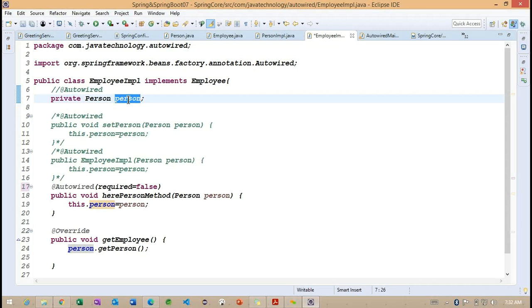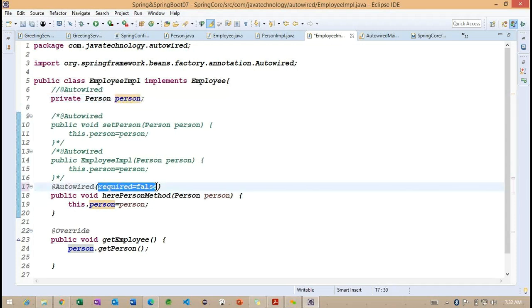We may get a no such bean exception. But whenever we make this required false, we are not going to get those kinds of exceptions. Simply we are going to get a null here.